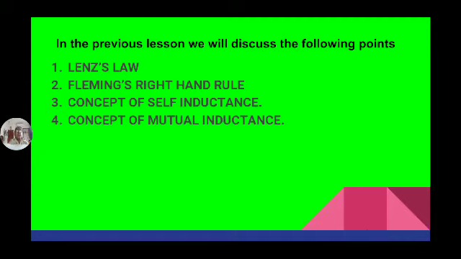In another way we can explain that self-inductance is the property of a material due to which it opposes the variation in current. If the current is increasing, it opposes the increase in current. It won't allow the current to increase. If the current is decreasing, it opposes the decrease in current. So because of that opposing nature only, it is able to develop the EMF in the coil. So that is why this is known as self-inductance.